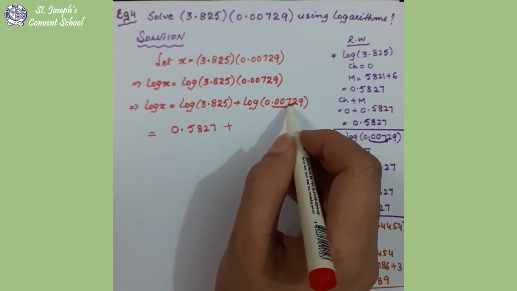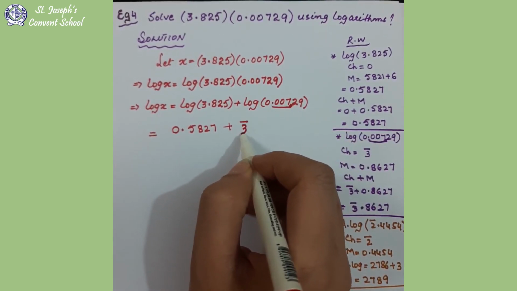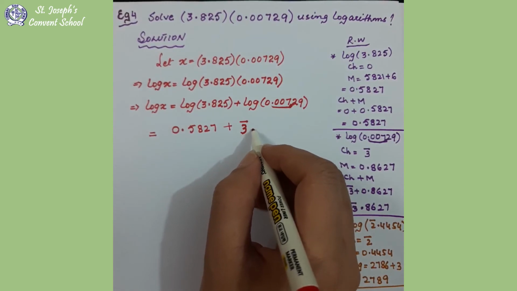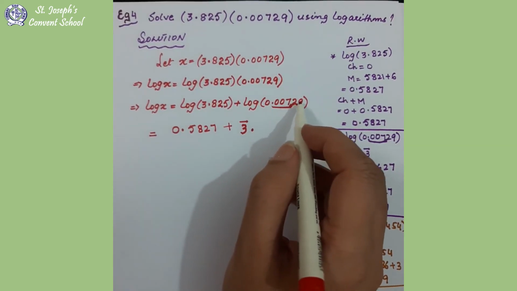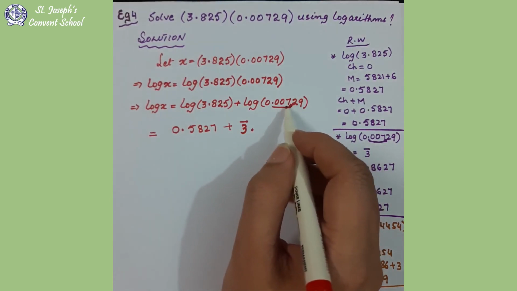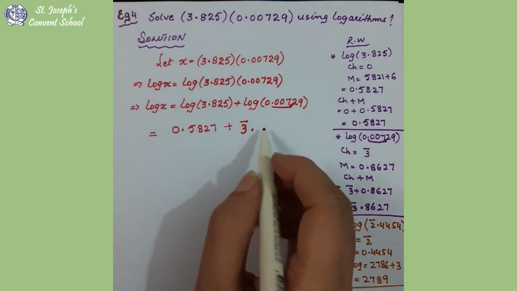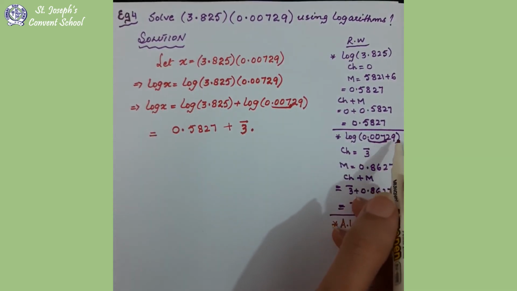So 1, 2, 3, minus 3 means bar 3. The characteristic is bar 3 point. Now you will check this in the table. There are no zeros in the log table, so we'll start with this 72, column 9. Check in the log table: 72 here, column 9 is